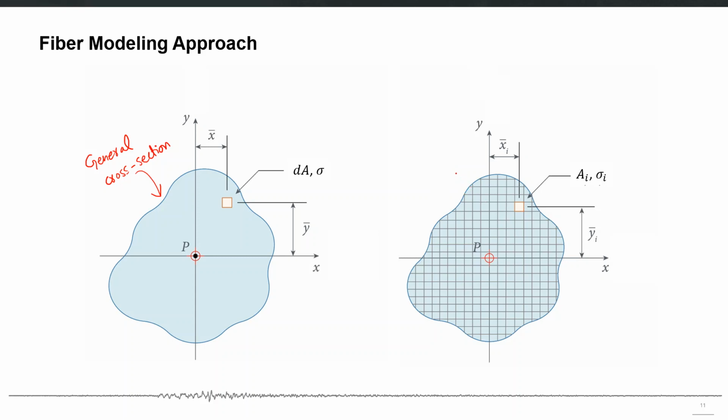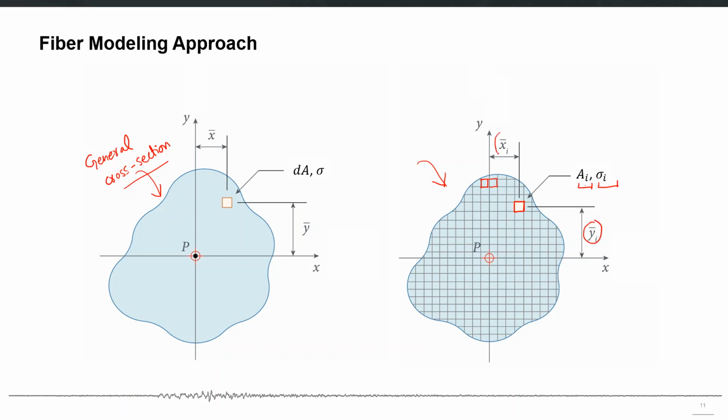So for example, you can mesh this general cross section into this shape, and here you have all of these small boxes which are parts of that cross section, and these are now called the fibers. Now the idea is that each fiber can be assigned a different stress strain relationship, and it can independently contribute towards the axial flexural capacity of this cross section. So for example, any general fiber, this one for example, will have a specific area and its stress will be denoted as sigma i. So this is the ith fiber in this general cross section, and it is located at the distance yi in the y-axis